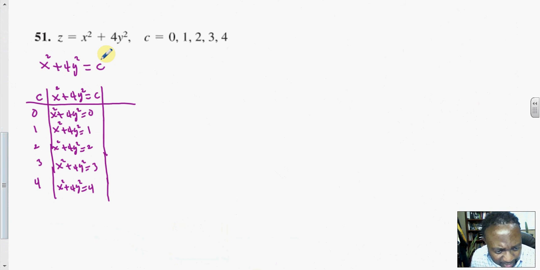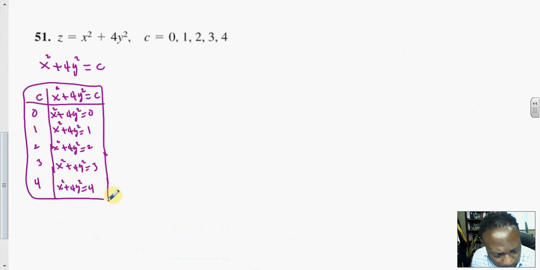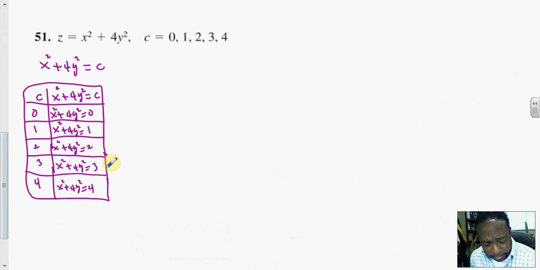So if we did that, and to try to blow it up so you can see what's happening, what it looks like is this: